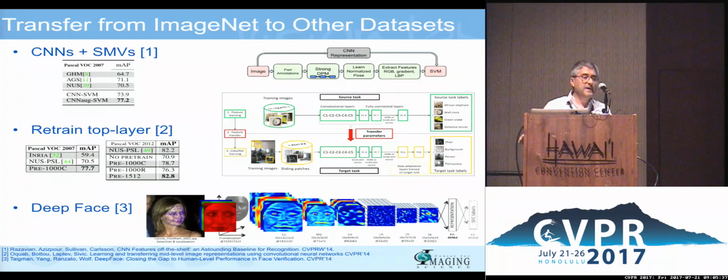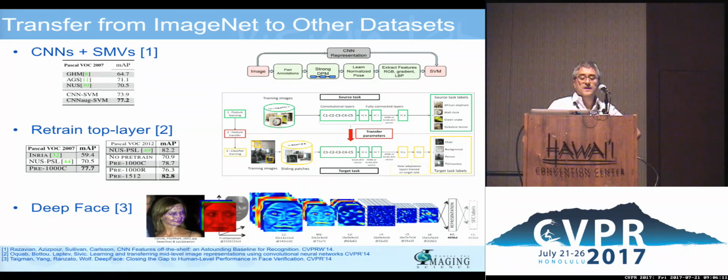So at the beginning, many people thought, well, this is only going to be the case for classification tasks, and it's only going to be the case when you have a huge amount of data, as you do in ImageNet, where you have a million examples. But certainly, people tried a few things. So they observed, for example, that if you fix the parameters of a network that is trained in ImageNet and you use it for other things, it actually works remarkably well.